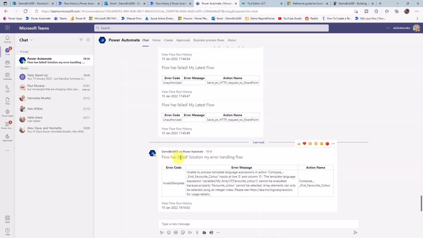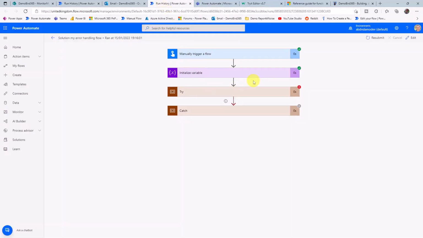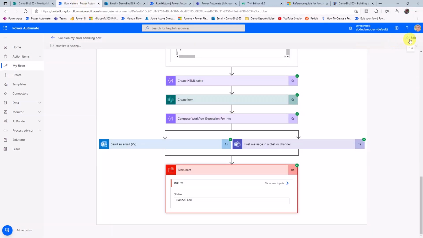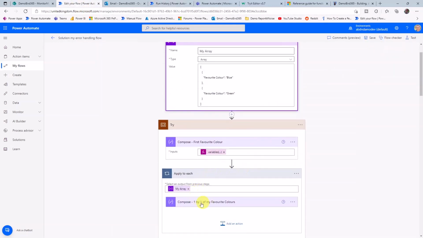I have a message that's popped up, so the flow has failed, with the name of the flow, and again the error code message and name and the flow history. So just quickly back onto the flow, we can see there that's now opened with the flow history based on that link. So the next thing I'd like to try and do is to demonstrate what happens if it fails